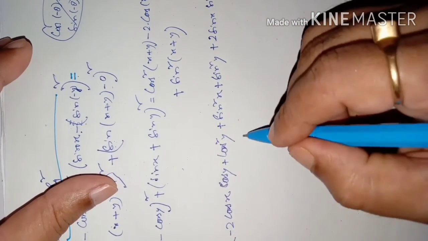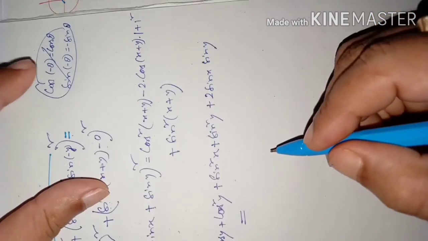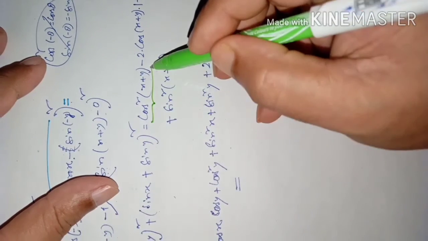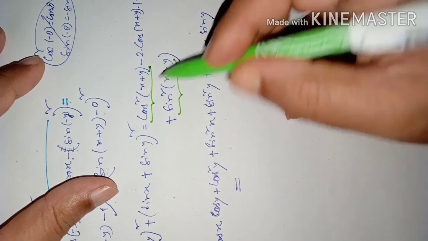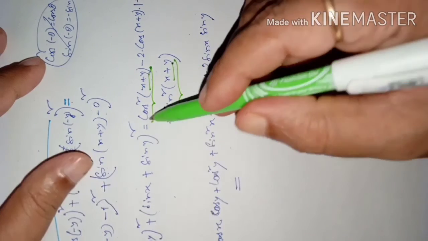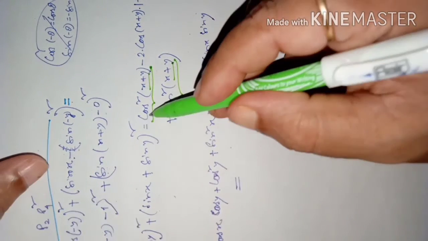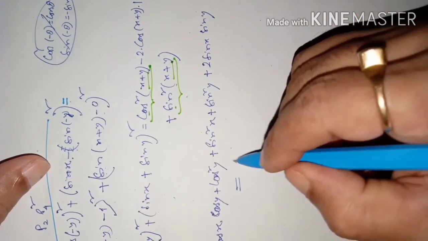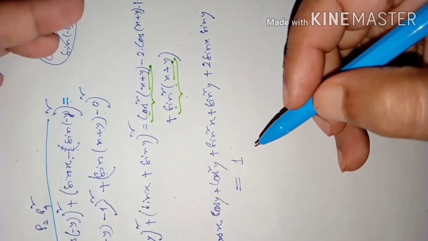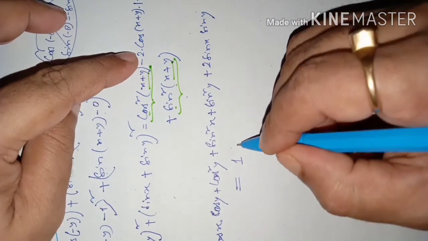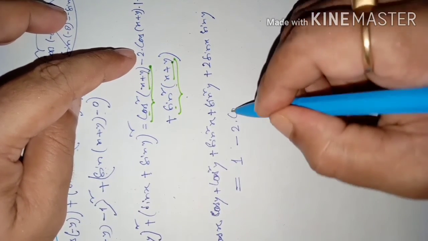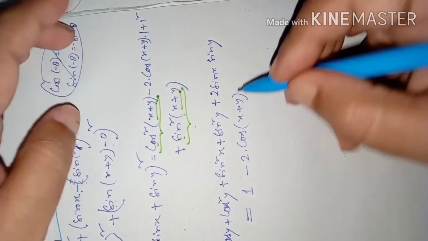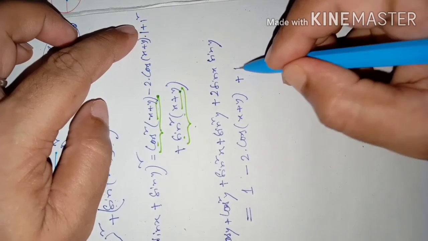Now after the equal sign, I am writing here only. Dear students, you look at this expression: this is cos square and this is sin square, the angle is the same, x plus y. Cos square theta plus sin square theta is 1, you know. Immediately you can write here 1. Combining these two terms together we can write 1, because both terms are on the right hand side of the equal sign. Only remaining is minus 2 into cos of x plus y into 1 as it is, plus 1 square is 1.